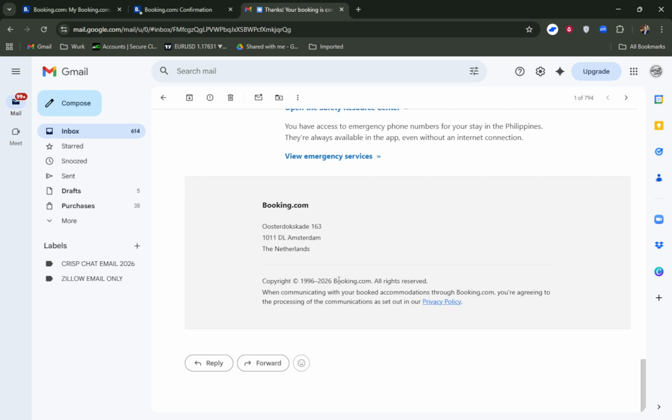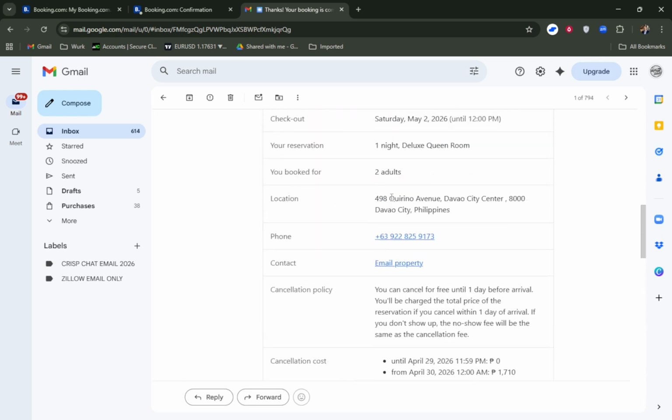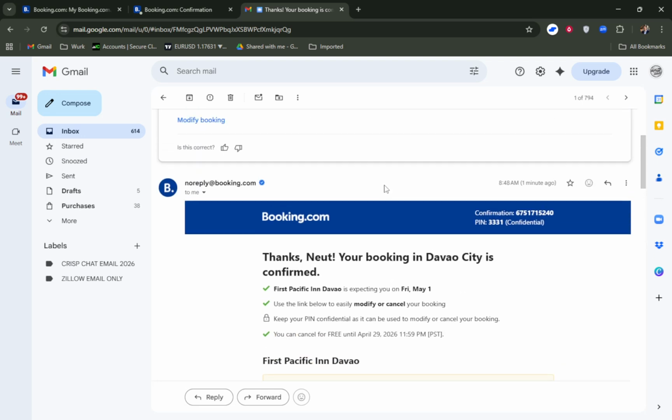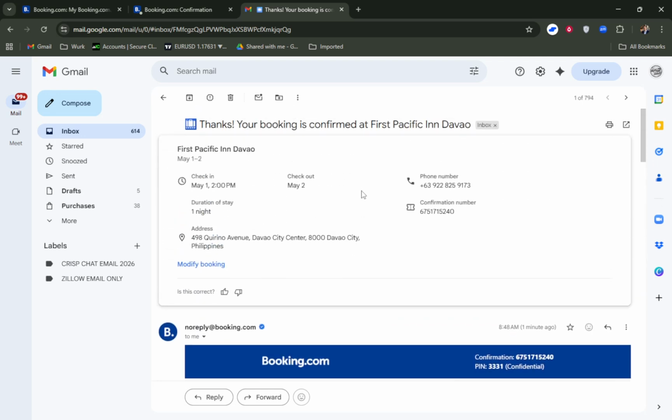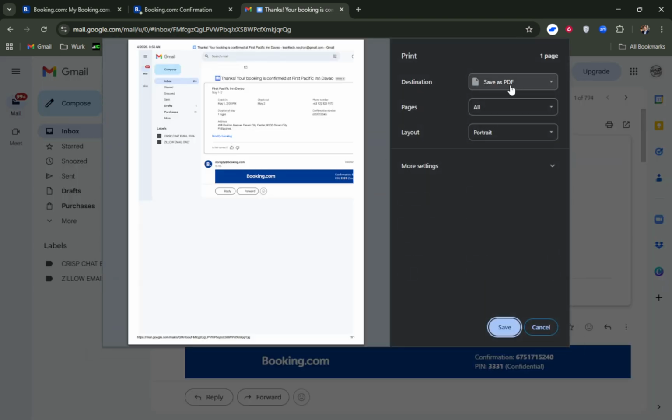If you don't see the message right away, check folders like spam or promotions, then move it to your main inbox for easier access next time. If you can't find your confirmation at all, there's a simple fix. Go back to the booking section on the website, open the reservation, and click Resend Confirmation Email. Give it a moment and check your inbox again.